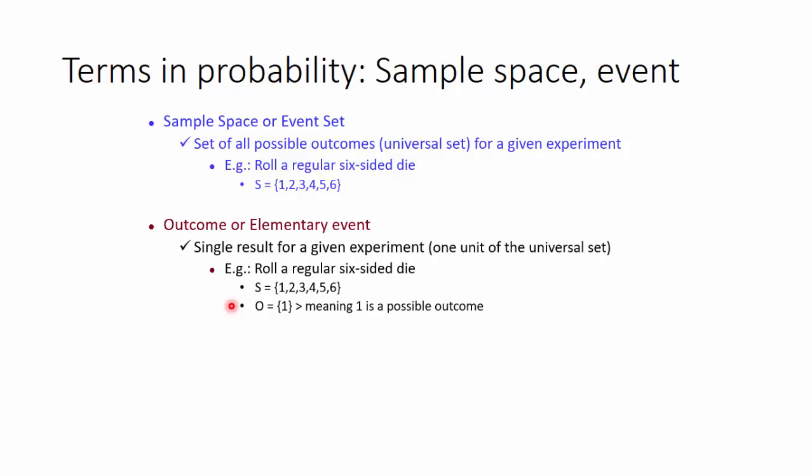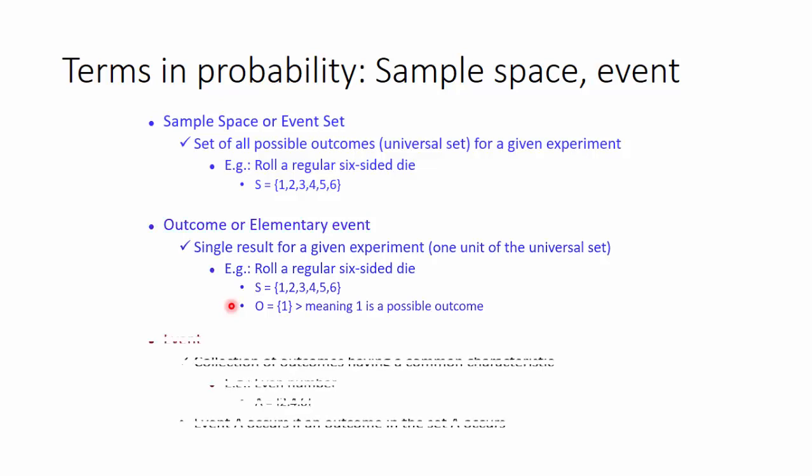However, we could also define events. Now, what's an event? An event basically is a collection of outcomes, in the sense they are a collection of singular elements, but they have something in common, a common characteristic. Now, in the example of rolling a die, if you're looking at getting an even number, there are three different even numbers in the sample space: 2, 4, 6. Or let's say, if you're looking at an odd number, then you have 1, 3, 5.